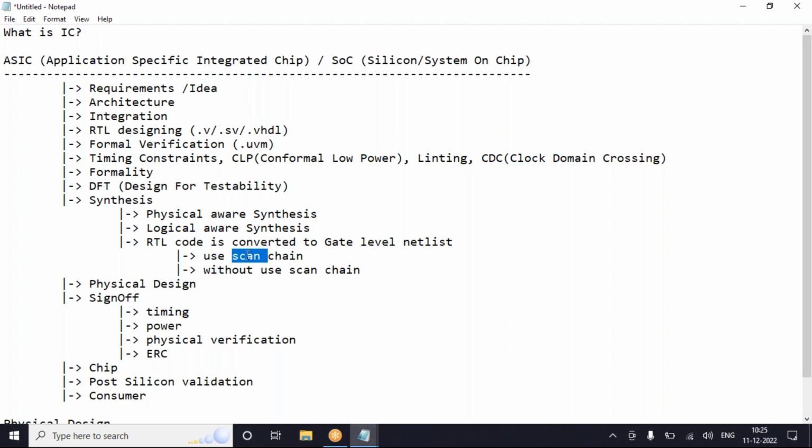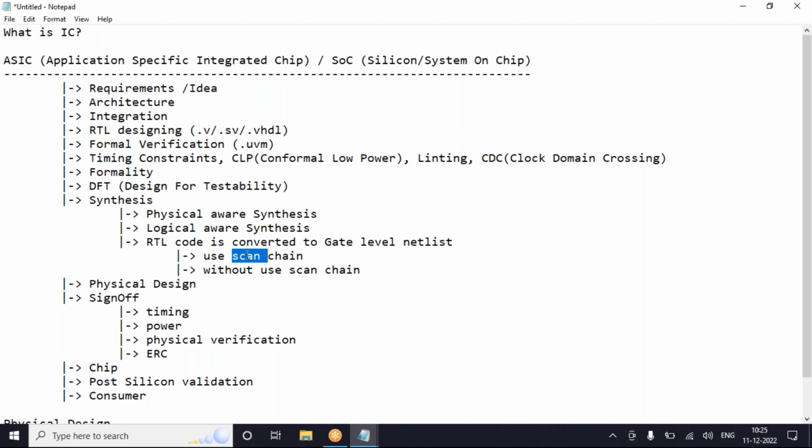So first I need to verify, right, that the RTL code is properly converted. Once it is converted, I will use this scan chain. This means I'm adding extra logic. With respect to the original RTL code, I am performing this conversion, mapping it, verifying it. It is proper, okay, I'm good.